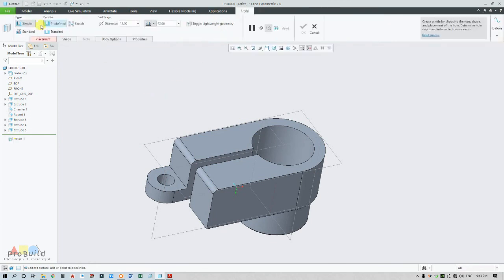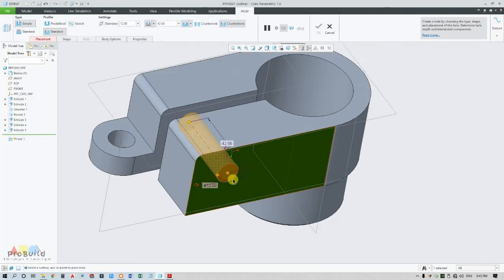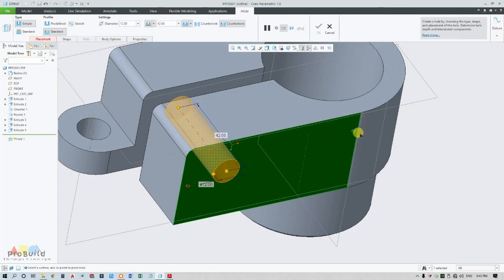Now go for a hole, simple standard counterbore. Touch this point. Now I need to go up with references. I'm going to place one clip to this center plane and one clip to this top plane.